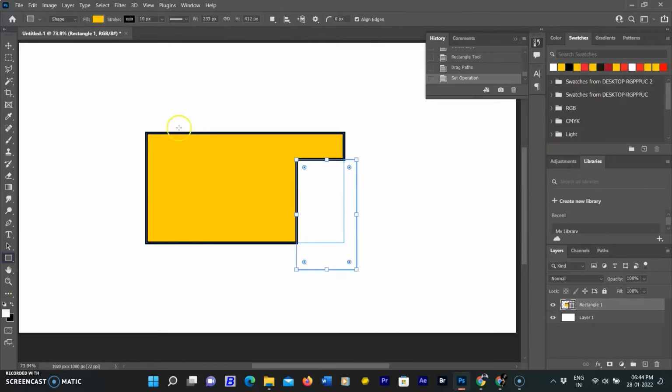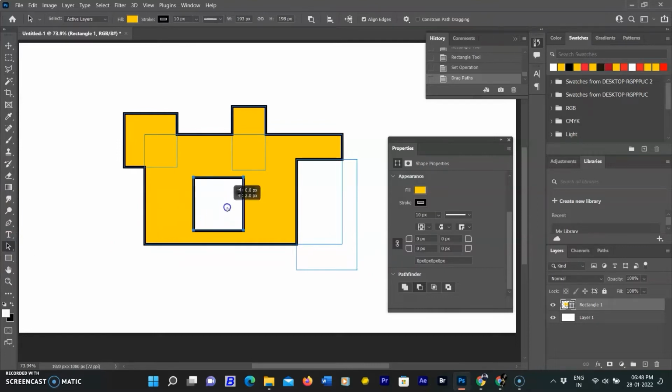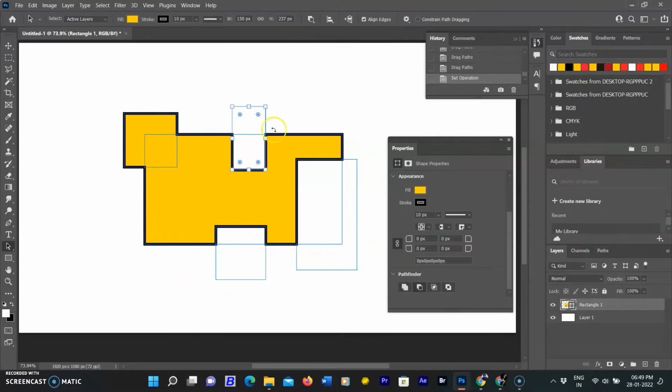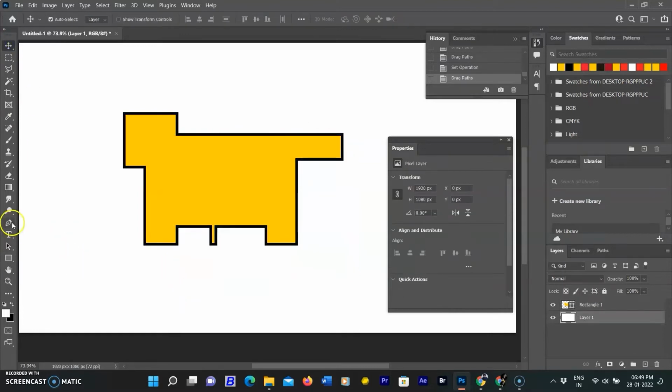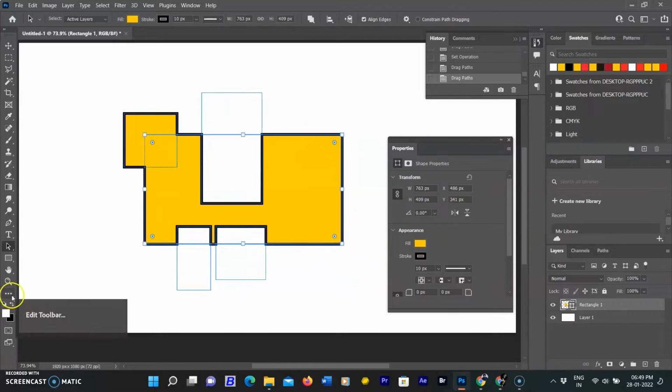I will draw another rectangular shape with the rectangular tool, again overlapping the original. And this time we get a different result. Instead of adding the new shape to the existing one, the new shape has been used to remove or cut away part of the initial shape where the two shapes overlap, as you can see by the path outlines. Both shapes are there in the document, but only the part of the original shape that is not overlapped by the second shape remains visible.